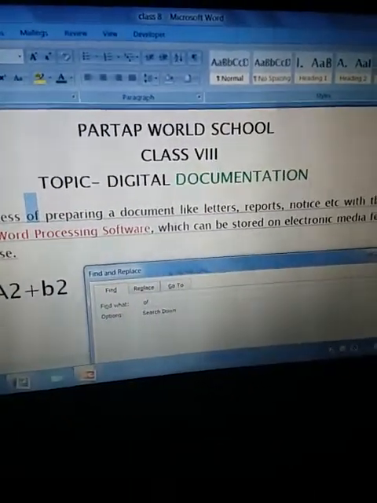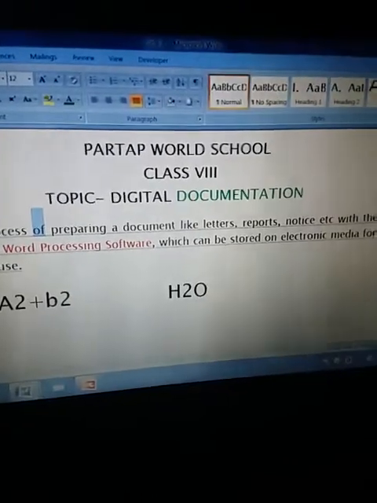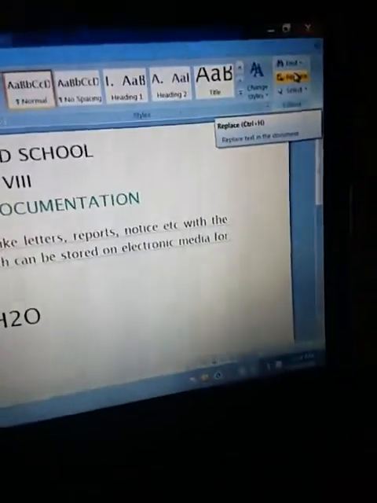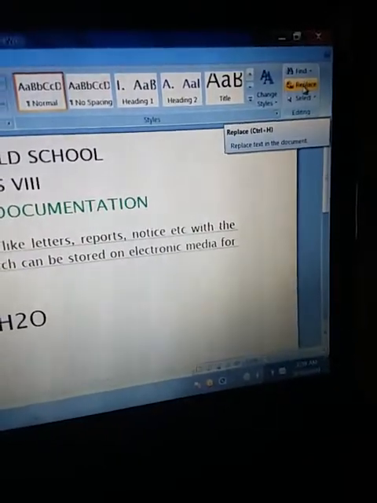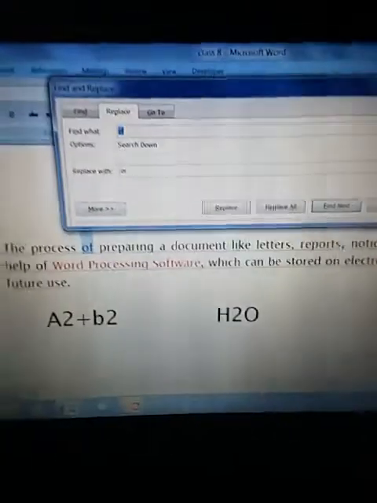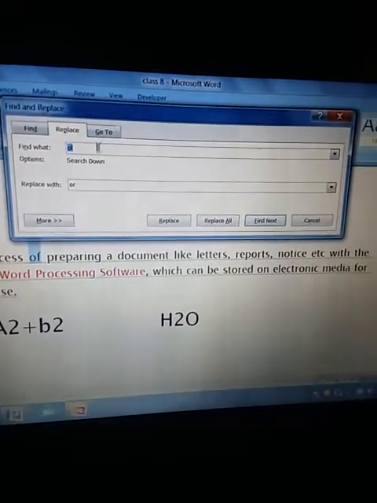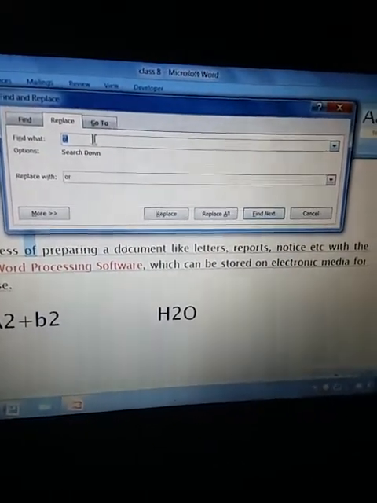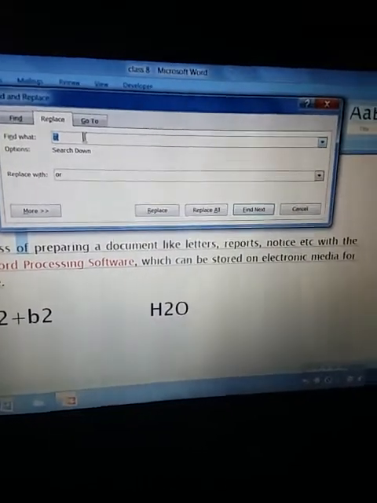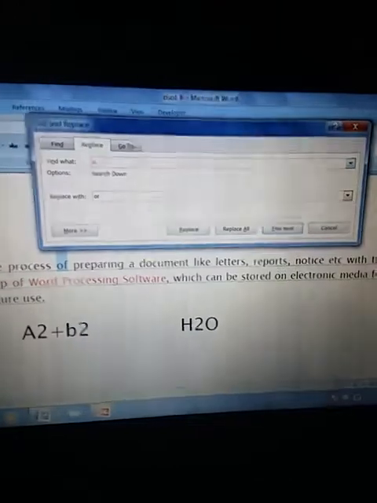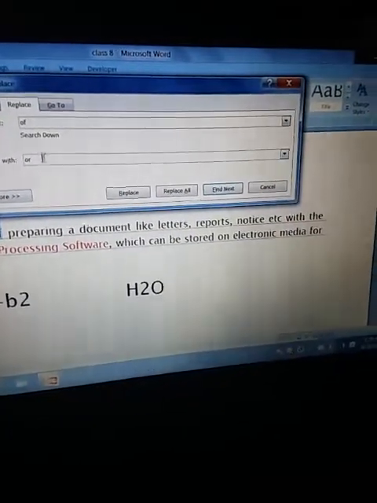Next is replace. So what is this replace? If you want to replace any word with a new one, just below the find option, here we have the replace option. Just click on that, then again you will get this box. Here you have to write the word which you want to find and change. Again I am writing off here, and then replace with what?